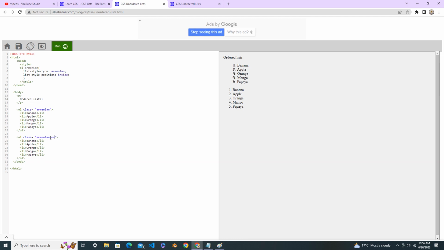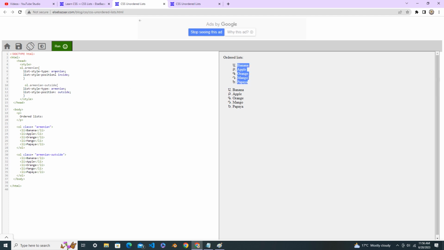Armenian outside, I gave it a different name, and again I copy this one and put it here, and this time the position is outside. Now see the difference between the same list: this list has position inside, and this list the position